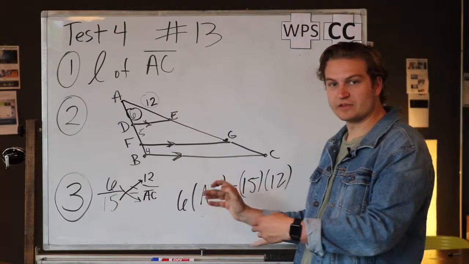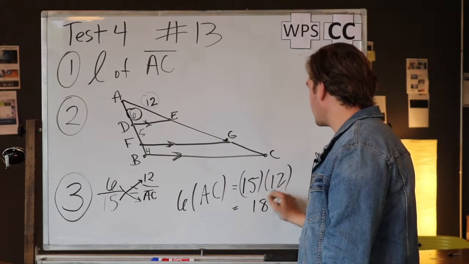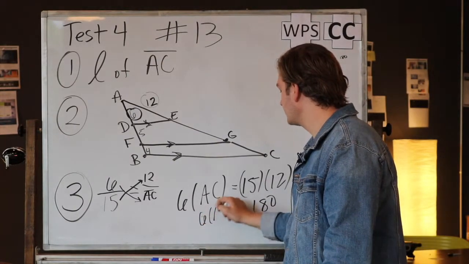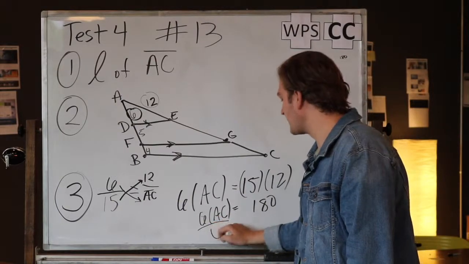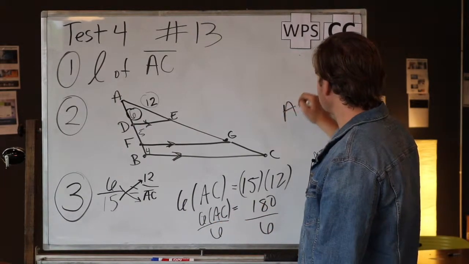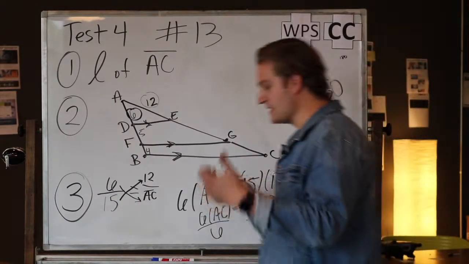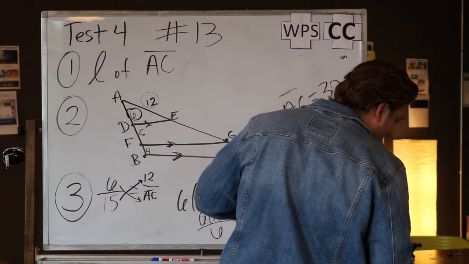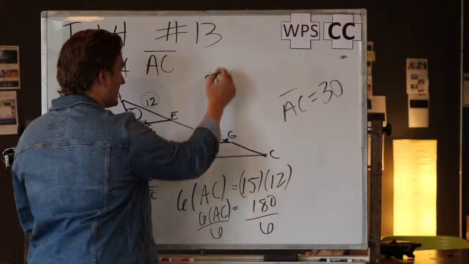Now you could do this multiplication on your calculator. 15 times 12 is 180. And so you have 6 times AC equals 180. We're going to divide both sides by 6, and you will find that AC, the length of AC, is 30. So the length of AC is 30. Our answer is 30. And 30 is answer choice